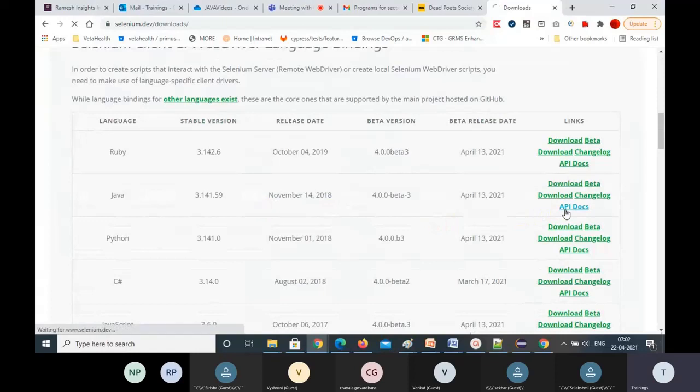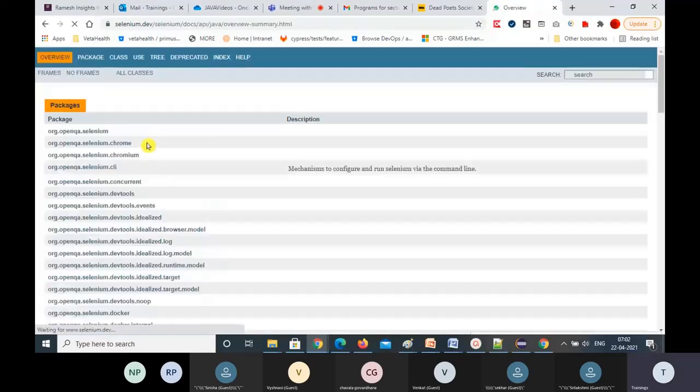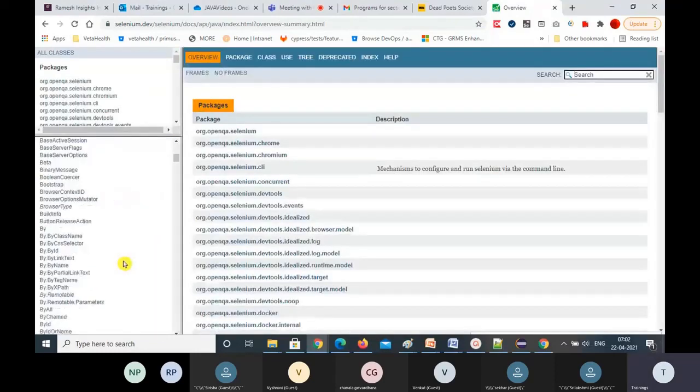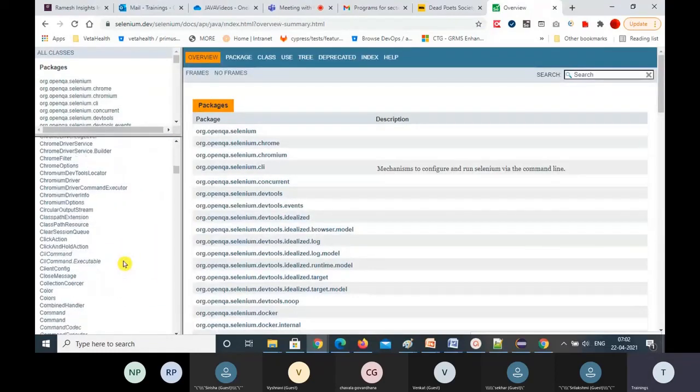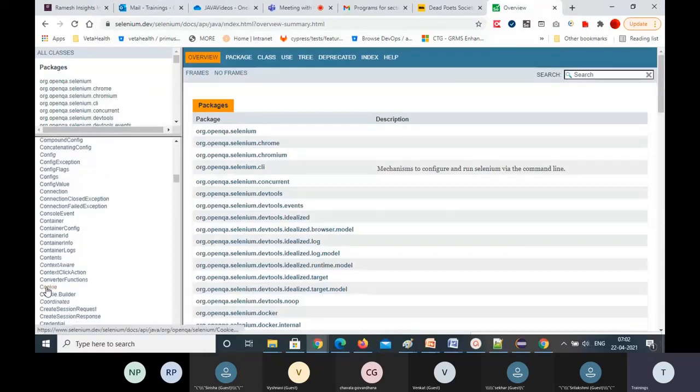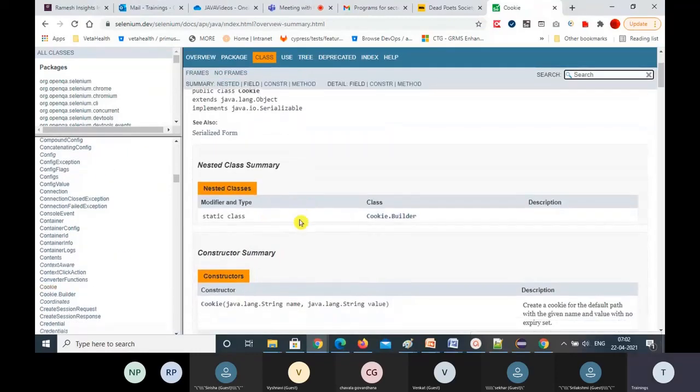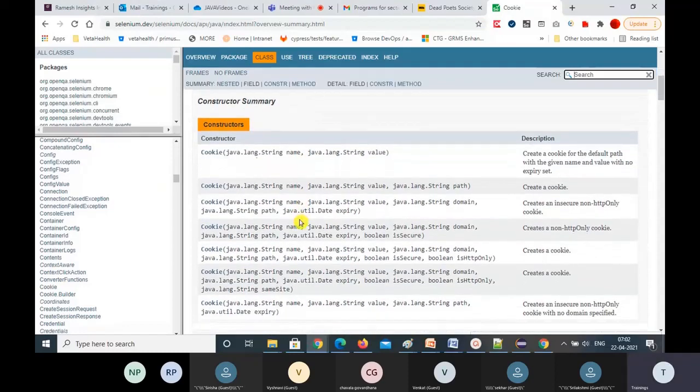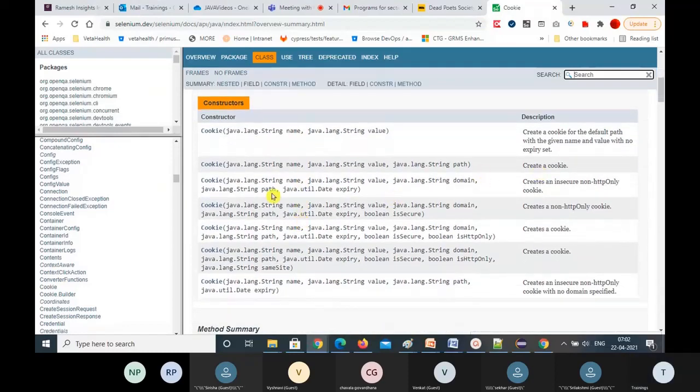In the Java API documentation, you can see frames, and in alphabetical order, the Cookie class is there. Just look for the Cookie class here. Here is the Cookie class. So this class has many getter methods. See that. So these are the cookie constructors, constructor overloading. This constructor overloading means you can add the cookie name and value. Basically, a cookie has different properties: name, value, path, domain, expiry date.